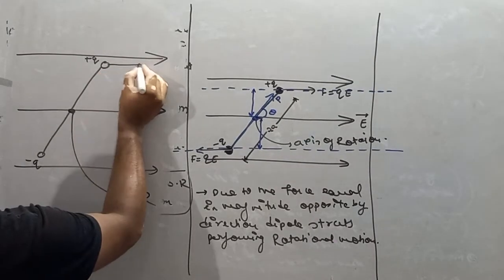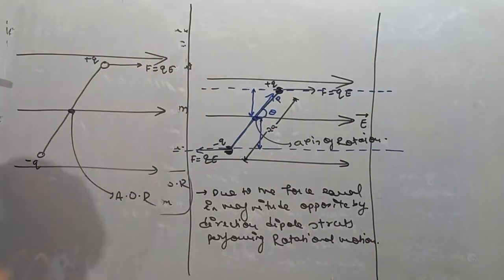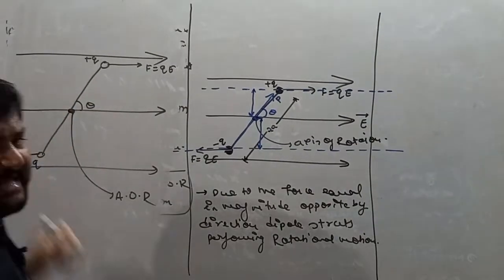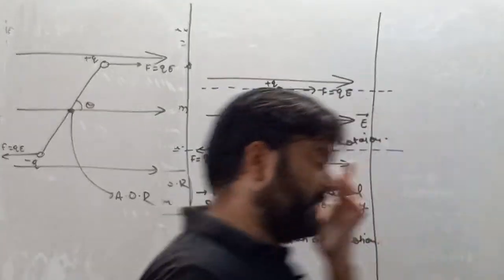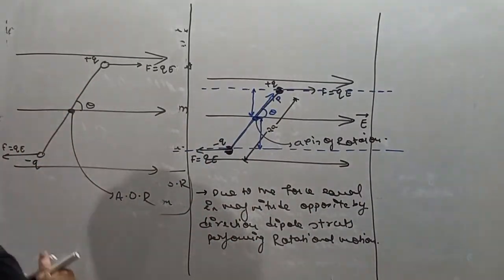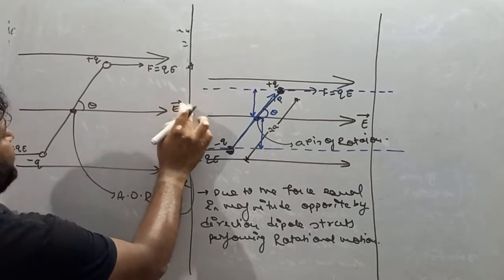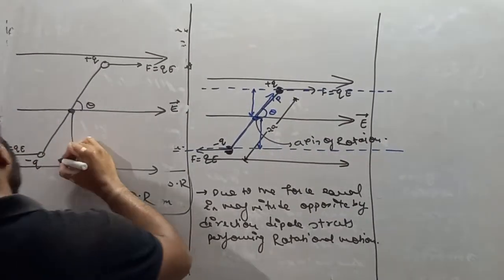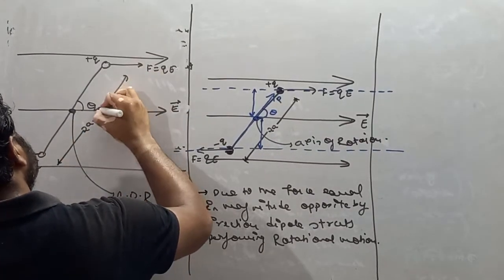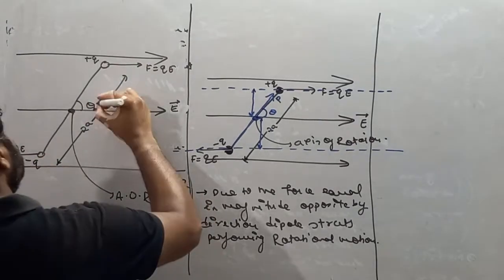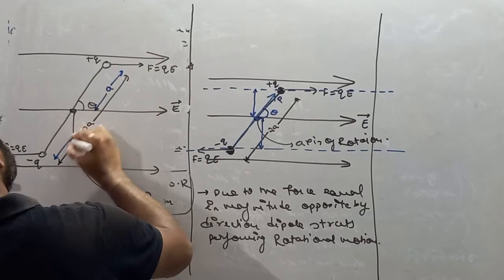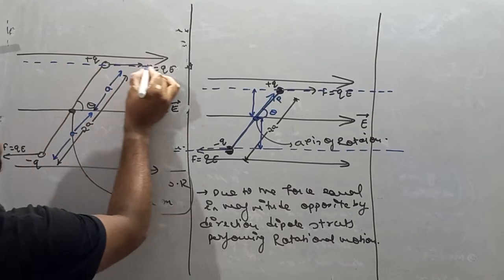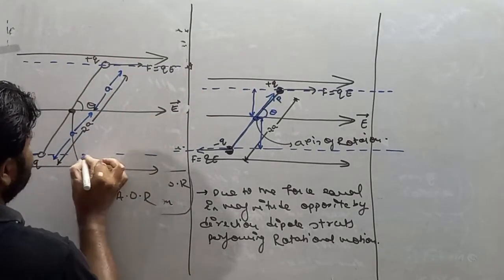So on this charge we have a force F equals qE. Similarly on this charge we have a force F equals qE, and we already said that the dipole system is placed in such a manner that it makes some angle with the electric field. Let's say the angle is theta. So dear student, if the total distance is 2a, then from here it is a. This distance is a, and similarly this distance is also a. This is the line of action of the positive force and this is the line of action of the negative force.